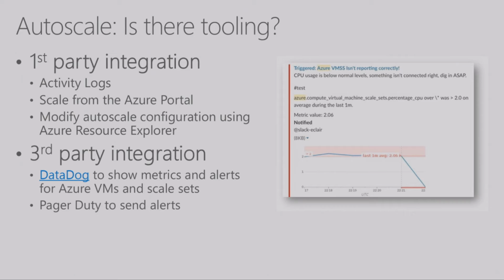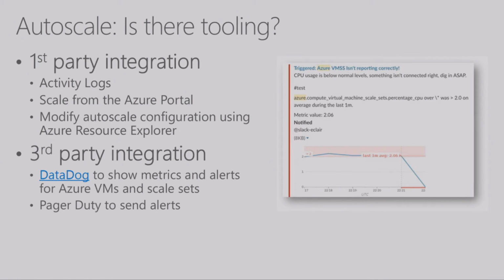I've been talking a lot about first-party tooling, and I showed you the PagerDuty example. There's one other third-party integration I want to highlight here, which is Datadog. Datadog shows metrics and alerts for both Azure VMs and scale sets. And this screenshot on the right is actually a Slack notification generated by Datadog on a scale set that is